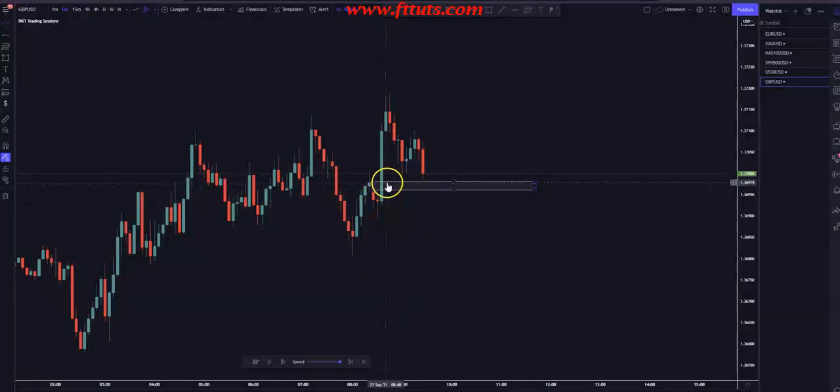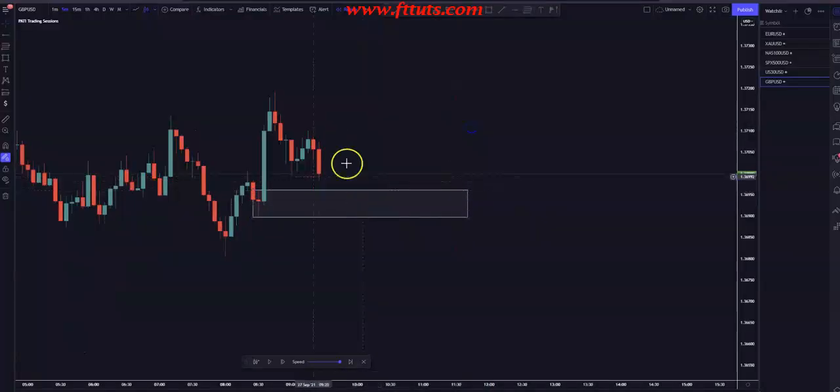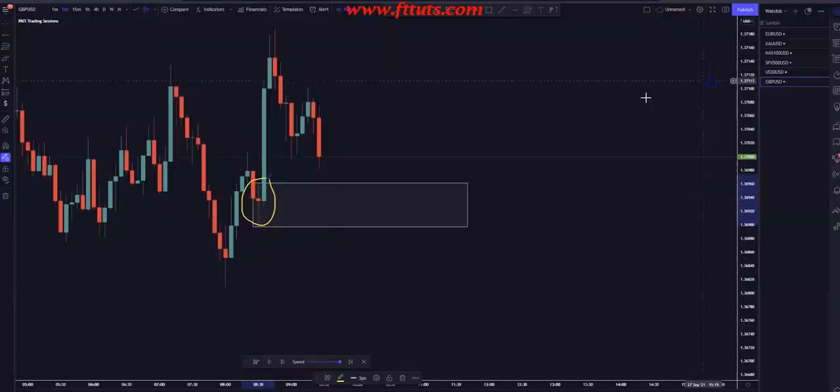So if it dips back into that, that is going to be a valid buy, but it's valid once it touches that last down candle, if you understand what I'm saying. So this is the last down candle before it took off. This is where the order started at right here. That last down candle, which is the wick,